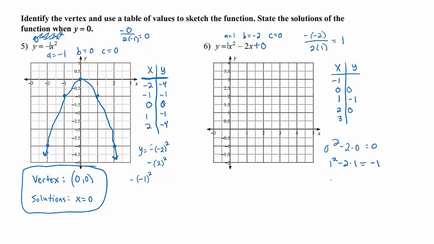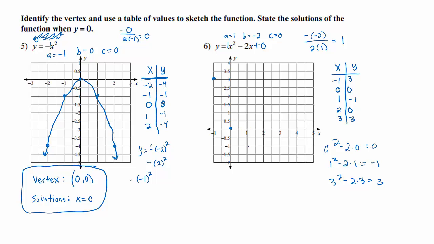I will say that whenever you're doing a quiz or a test, a way that you can check to see if you're doing things right is by plugging both of them in to make sure you get the same thing. That's a good idea, a way to check yourself that you're not completely screwing something up. So -1, 3 is up here, 0, 0, 1, -1, 2, 0, 3, 3,